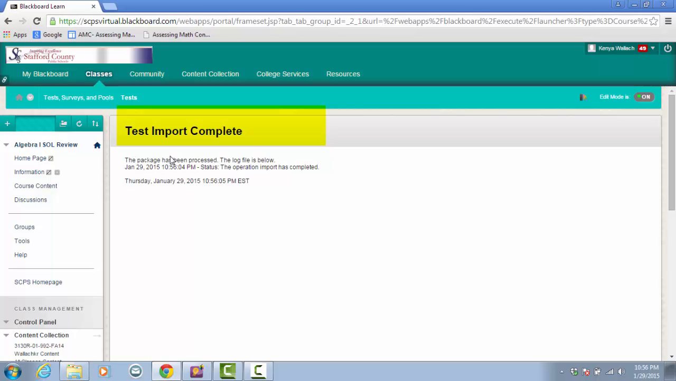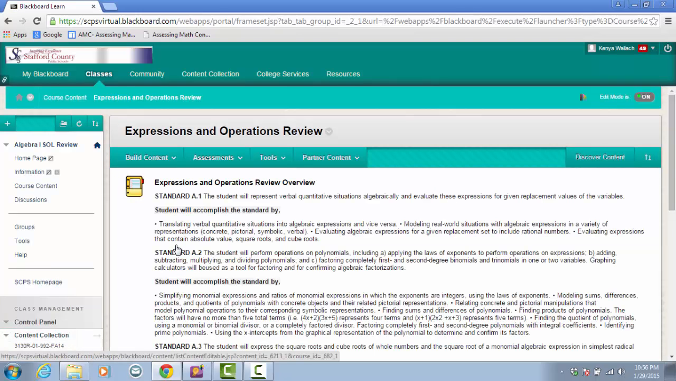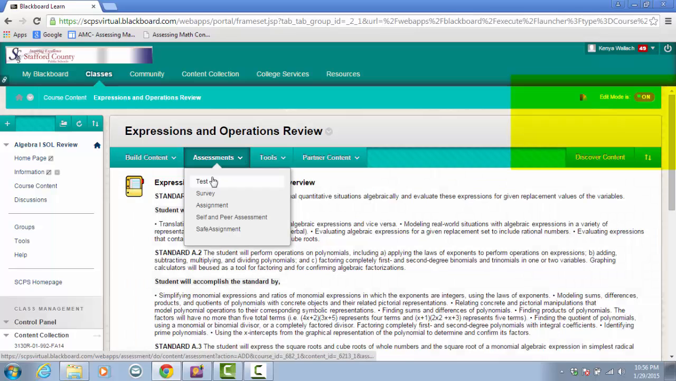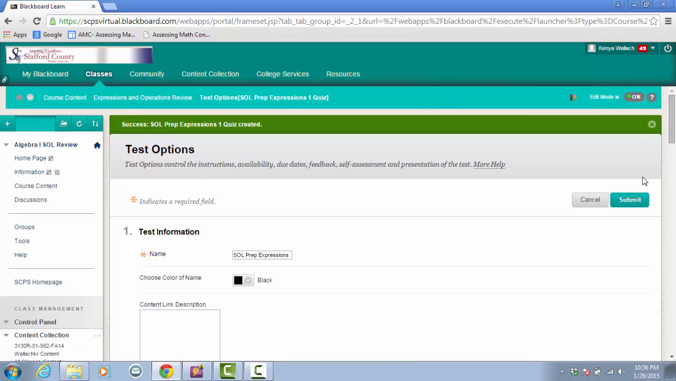This package has been processed. Once this screen appears, now you can go back to your course content area, go into expressions. Now we can add a test, and the test is sitting right here because remember, that's how I named it. Hit submit